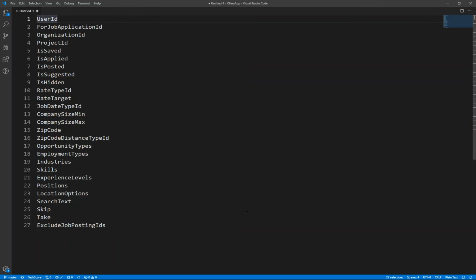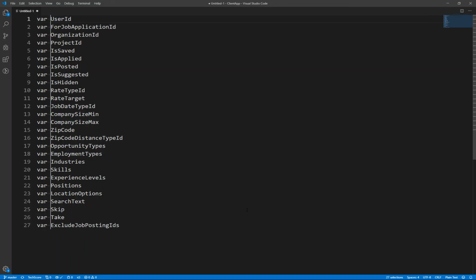Let's say I want to change all of these into variables that are created from a property on an object. So I would do var. I'm not exactly sure why you'd want to do that, but let's just say that's what we want to do. So var, and then I'm going to hold down Shift and End to highlight everything again. This time I'm going to copy. I'm going to hit End to get to the end of the line,